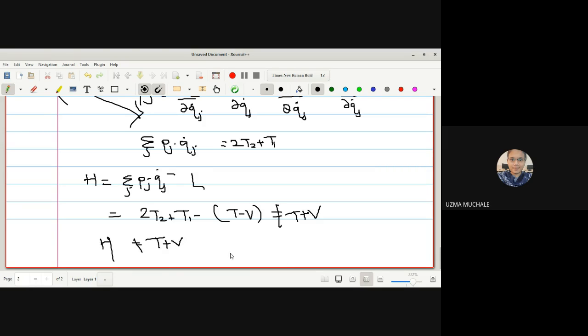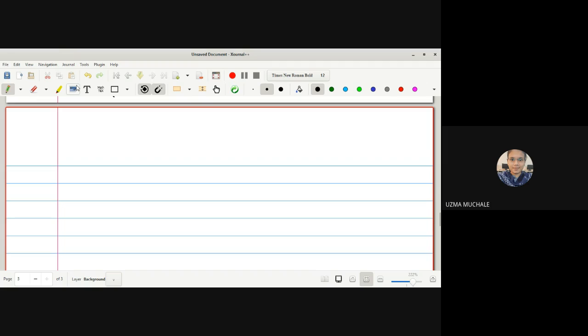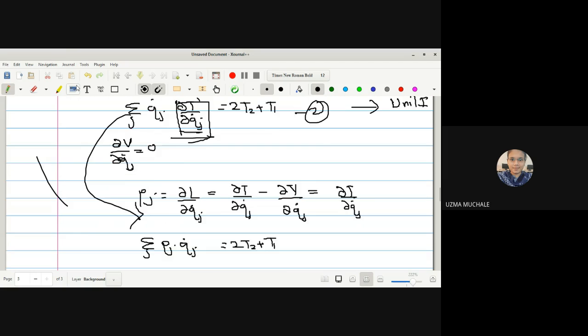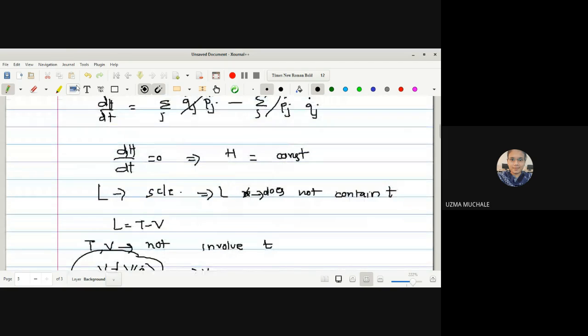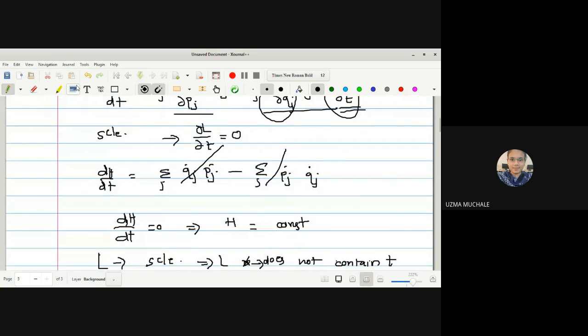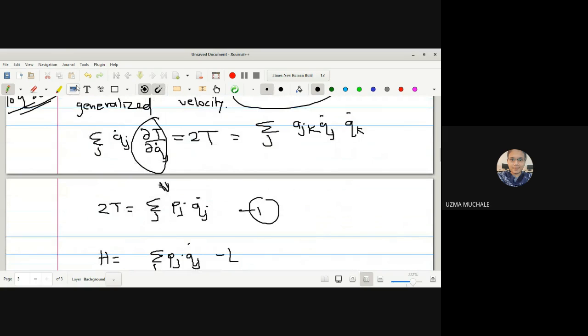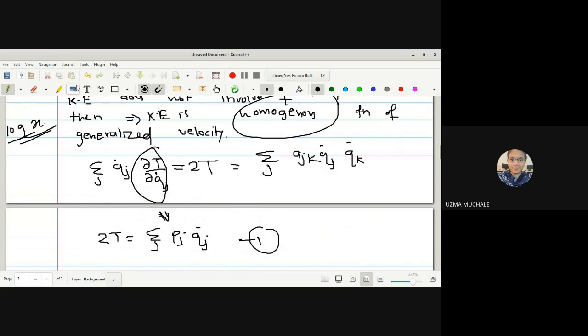However, it may represent the constant of motion depending on the situation or the example which you have, in which with the help of all the considerations we can see whether H is a constant of motion or not. Okay. So in this way we have proved these two parts. What you have to do is, it is a very easy part. In the first part, we found dH by dt, used Hamilton's canonical equations of motion, the scleronomic condition, and then proved the result. In the next part, what we did you will find in the first chapter.